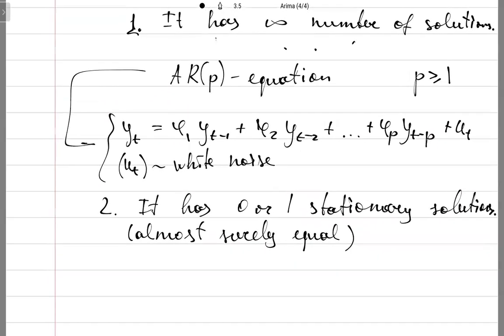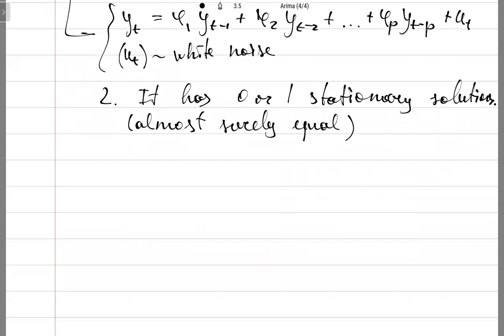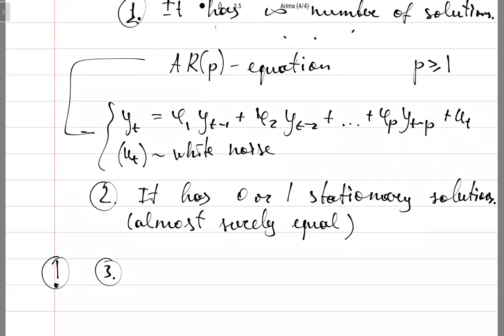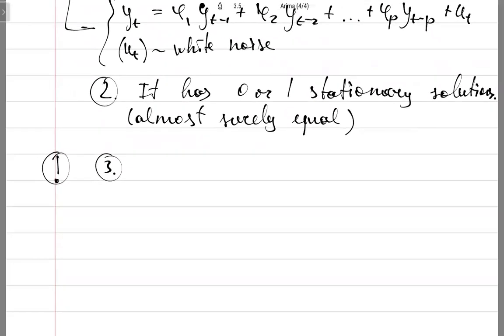The next maybe new thing that you will learn, that maybe we just confused, is that instead of saying that the process is stationary, we need to say the equation has a stationary solution. But I will maybe shock you that one more news will be shocking. Not only is this not a process, this is an equation that has an infinite number of solutions. That's the third shocking news, that it has a stationary solution, one stationary solution,